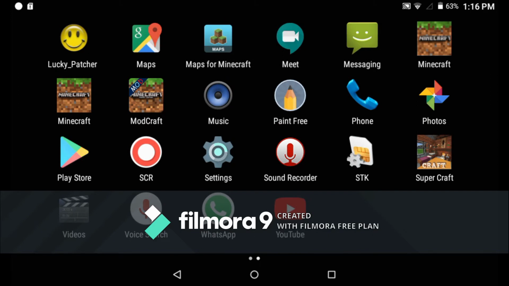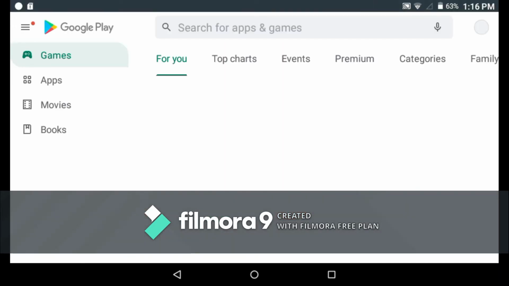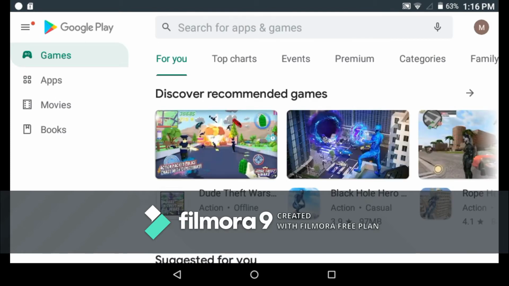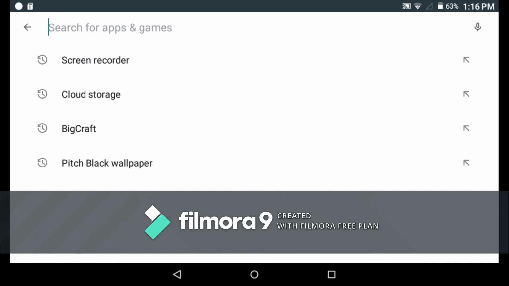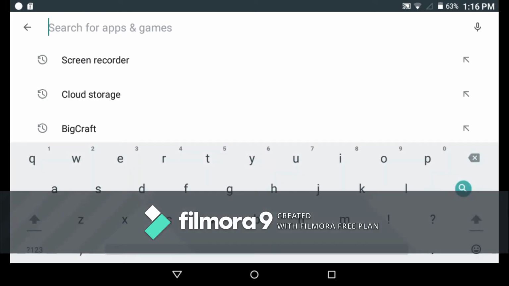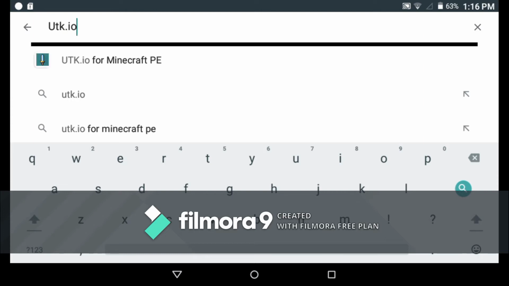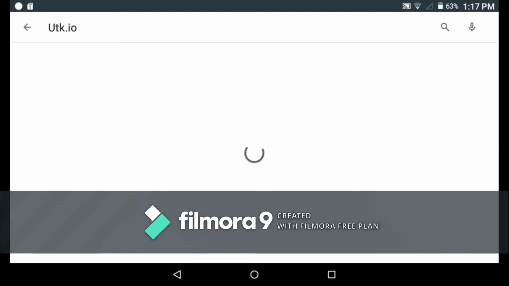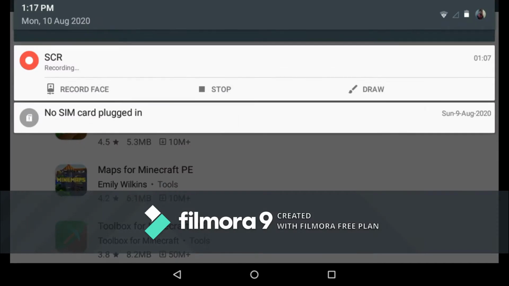Let's go to Play Store and let me see if I can suggest some of the best apps for Craftsman for the skins. For creating skins, you need to actually install UTK-EO for Minecraft PE.